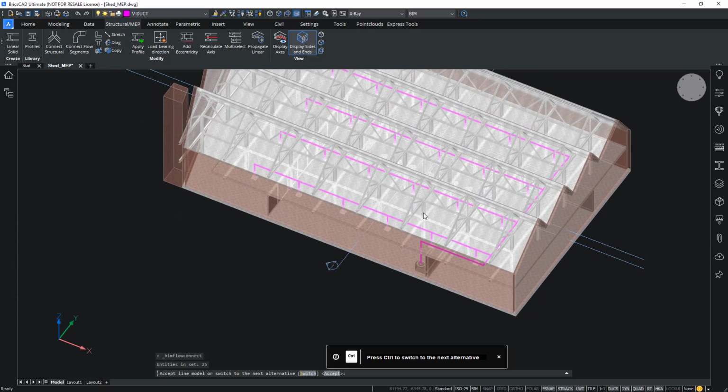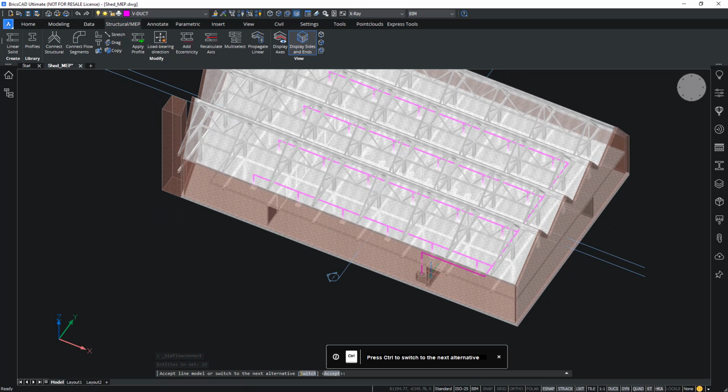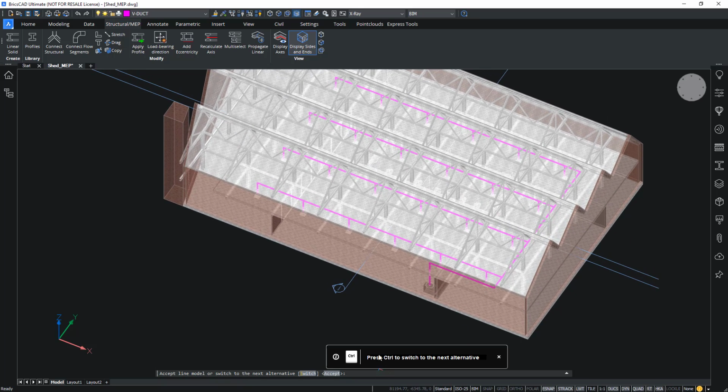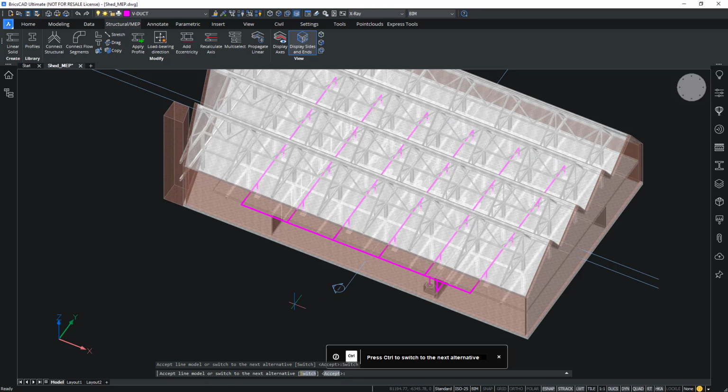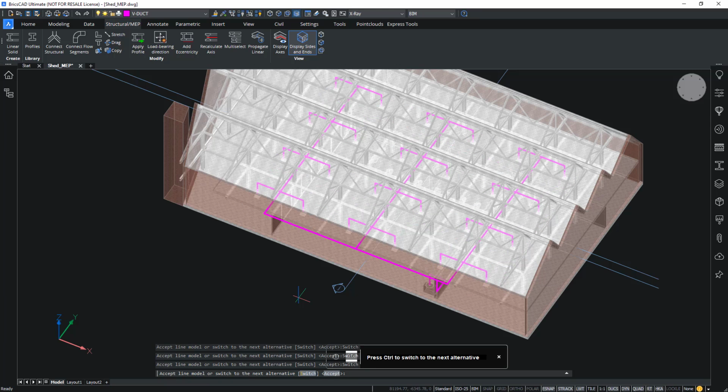So I can see here that the layout is created. It's still a preview, just in pink line, which is my layer color. And I can press Control to switch to the next alternative. So it finds different alternatives, and you can cycle between them to choose the one that you find most suitable.